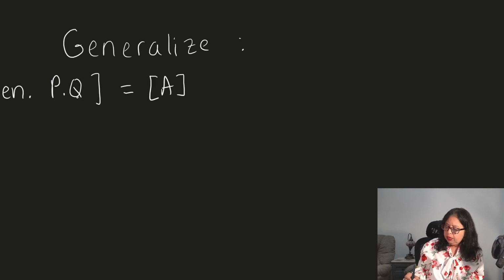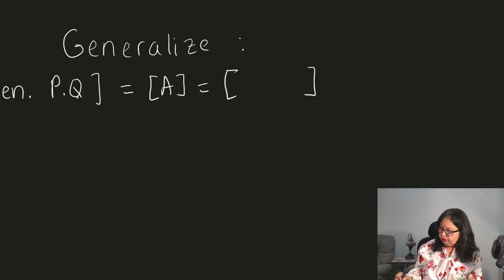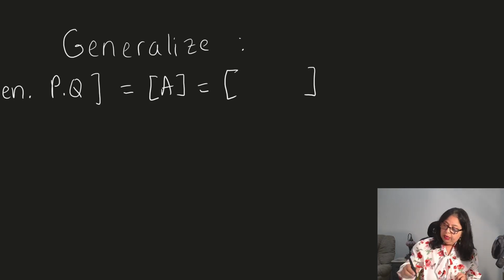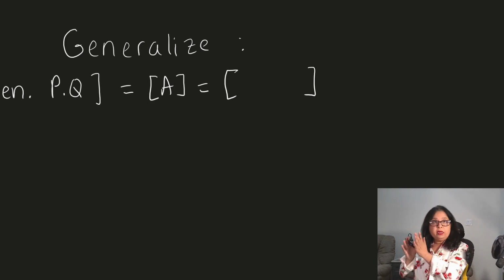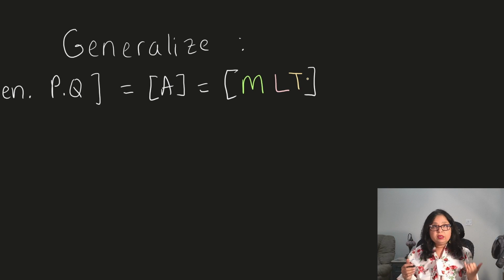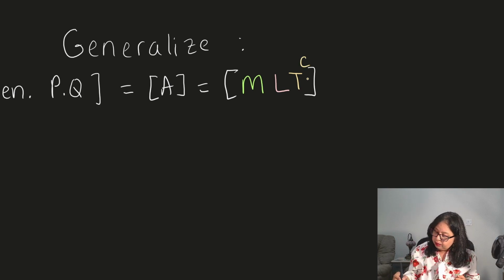A. The dimensional formula for A would be, first, square brackets around A. That tells you we're talking about the dimensional formula for A. Then inside the parentheses, I should have M, L, and lastly T. Now, I do not know the powers of these yet, but let's say the powers are